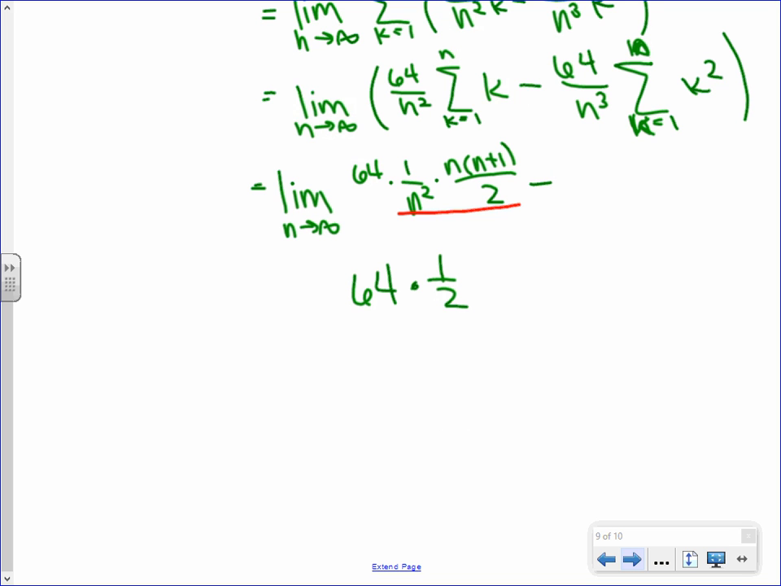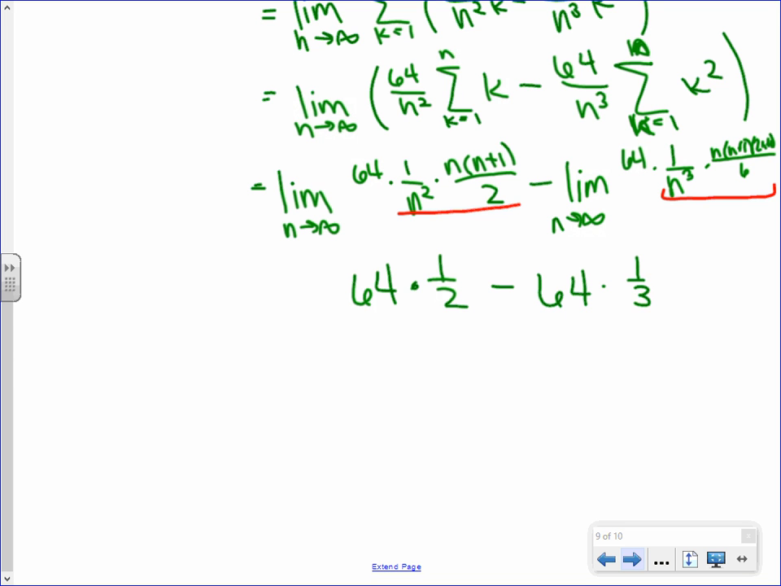All right, minus the limit as n approaches infinity. I'm going to write 64 times 1 over n cubed times the summation of k squared, n times n plus 1 times 2n plus 1 all over 6. You know what it is. We know that this limit right here is what? 1/3. So we have 32 minus 32/3